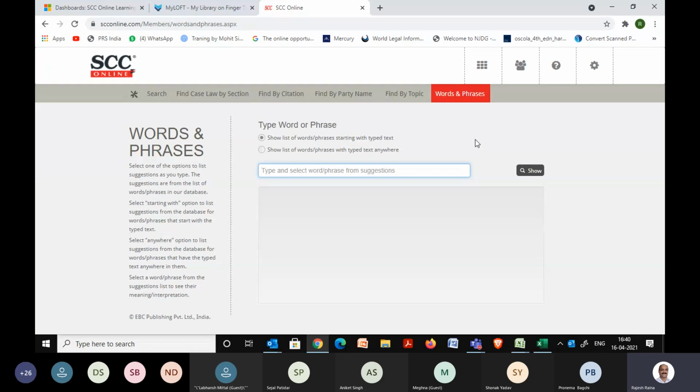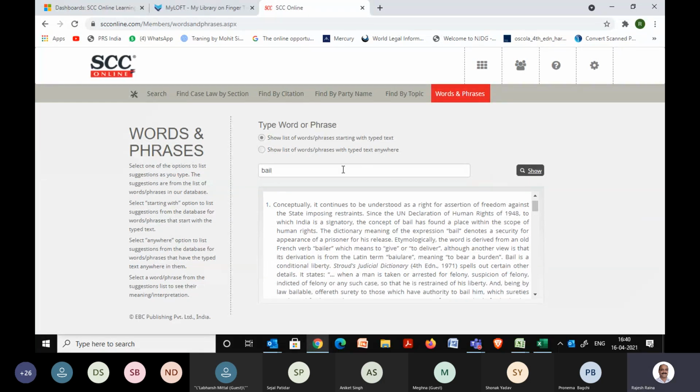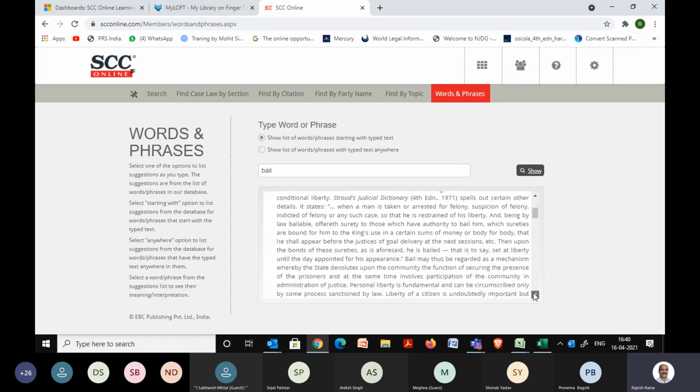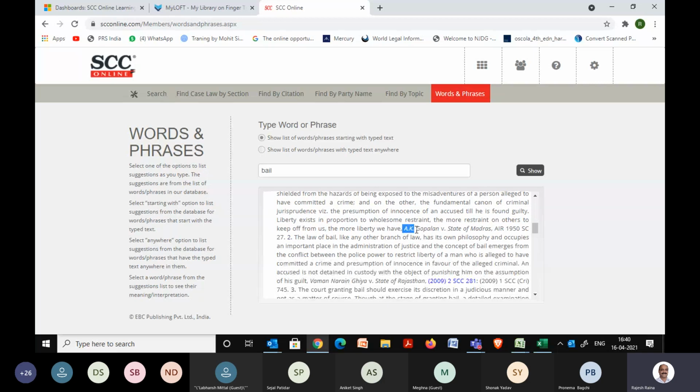So for example, if I'm looking for bail, I want to know the definition. Here you can see once I key in bail, it's showing me the statutory law where it has been defined. And of course, it is also giving me another definition from A.K. Gopalan versus State of Madras.